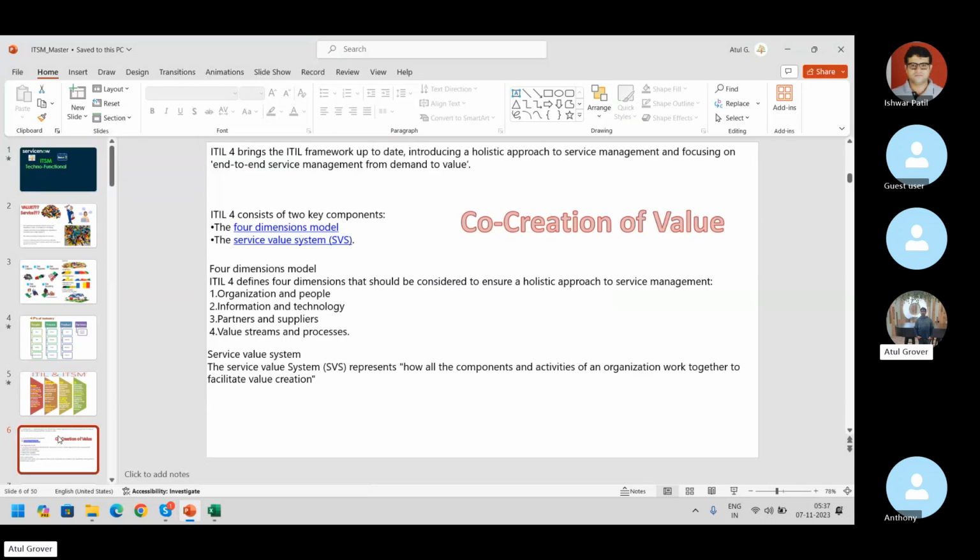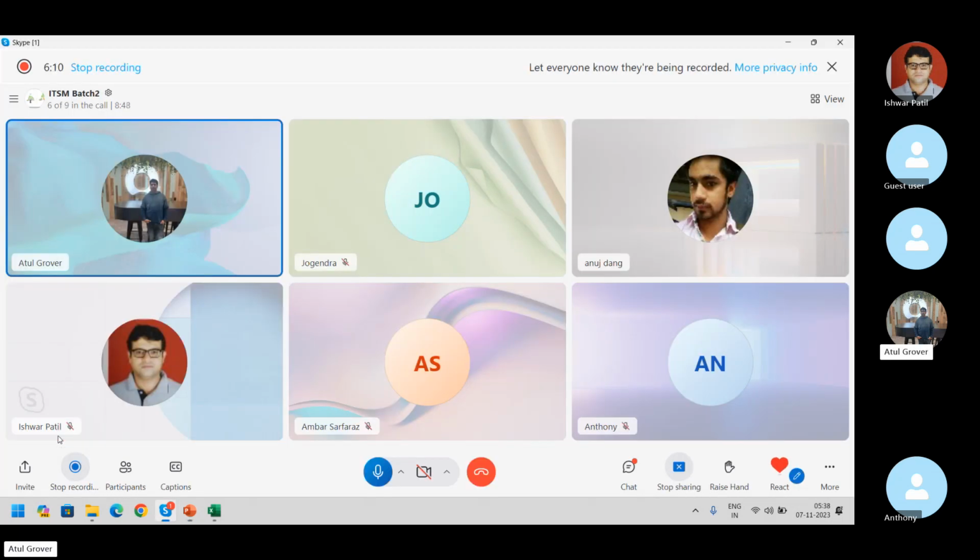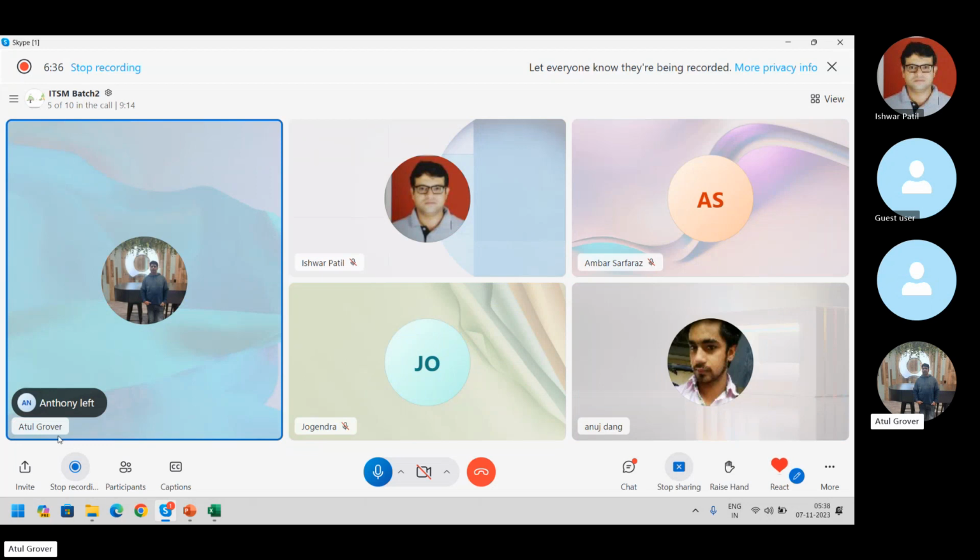So the first is organization and the people. Think from the organization perspective, from the people perspective, how we can make it a good organization. What is the mission and the vision? I'm sure we all have had this experience: whenever we join a new company, day one is induction, where the slides show the company vision, mission, core values and all. Why is it shown to you? So that now you are part of that company and you think along the lines where the company is thinking.